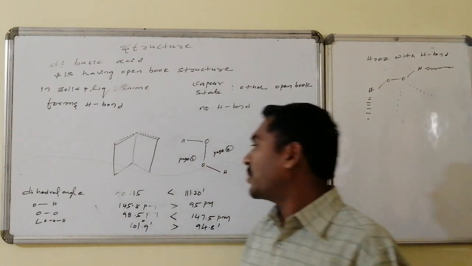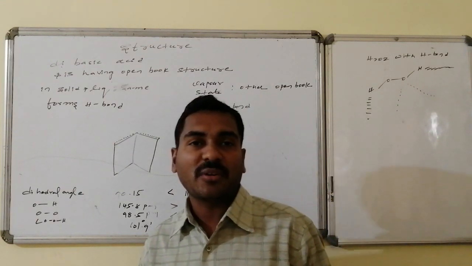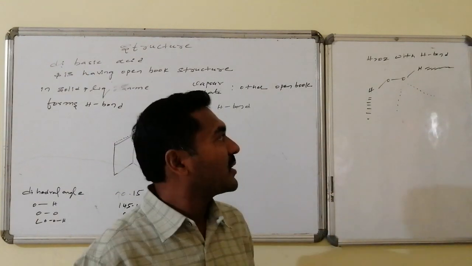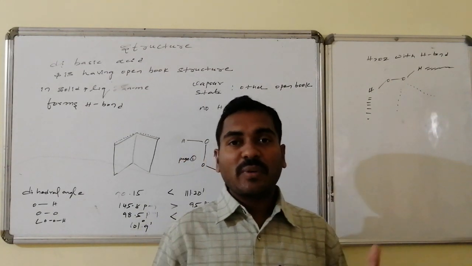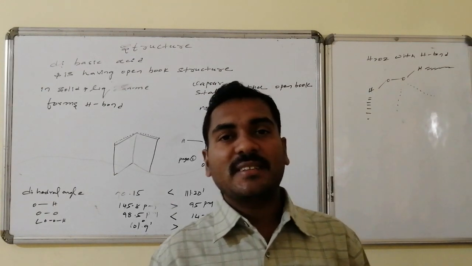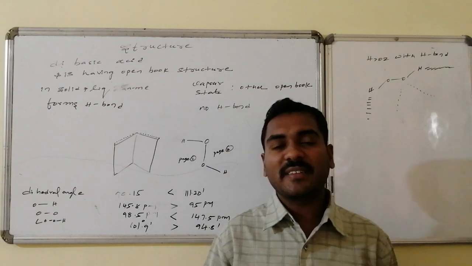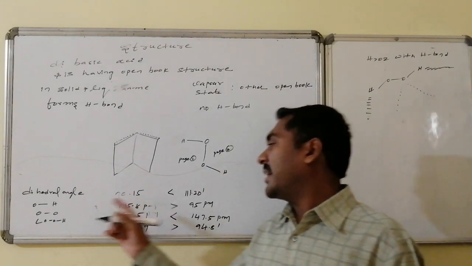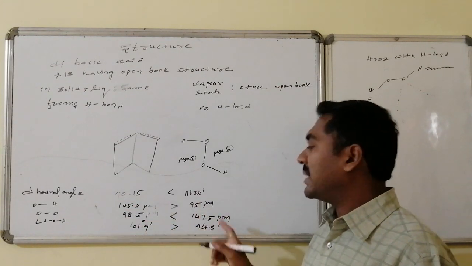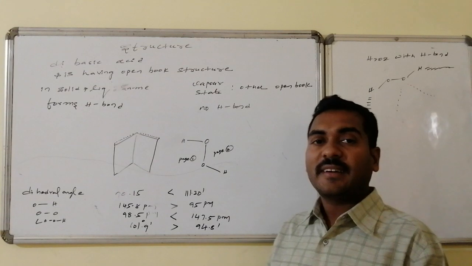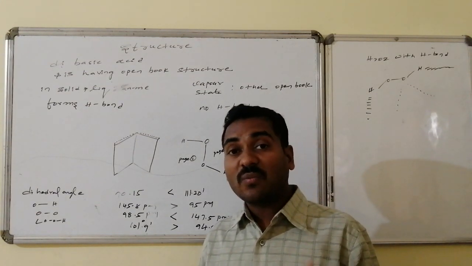And next, go for the OO bond length. Yes, if it is involved in hydrogen bonding, and if it is not involved in hydrogen bonding, then what happens? Here it has 2 lone pairs, here it has 2 lone pairs, 4 lone pairs near the 2 oxygen atoms. Oxygen is also very small, so strong repulsions are there, hence the bond length increases. Therefore in hydrogen bonding the bond length will be smaller, whereas the oxygen bond length will be larger in the vapor state due to interatomic repulsions between the 2 oxygen atoms holding 2 plus 2, total 4 lone pairs of electrons.